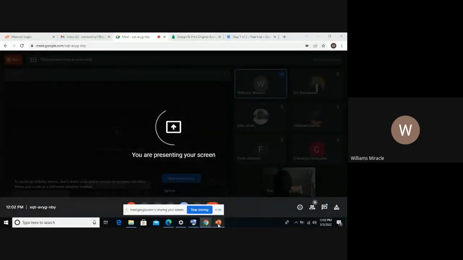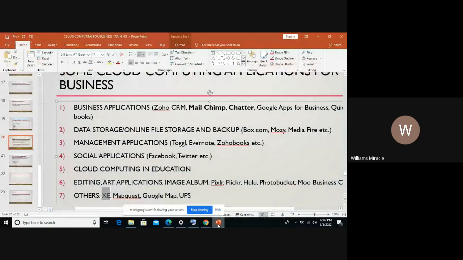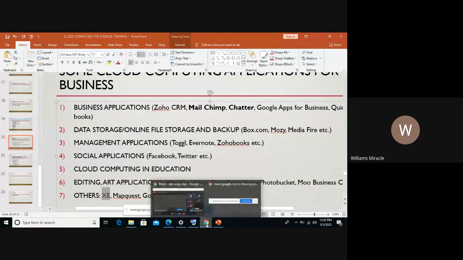Hello, can you all see my screen? Yes, we can see the screen clearly. Okay. Can you see the XE, capital letter X and E? So this is a very good application. It will help you to convert currencies. So quickly, let's do a quick one.